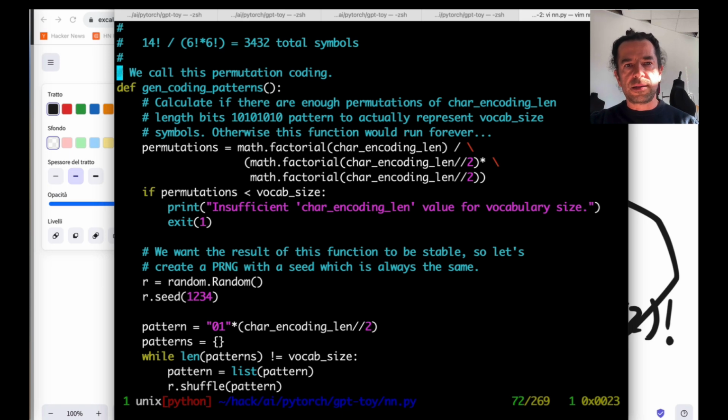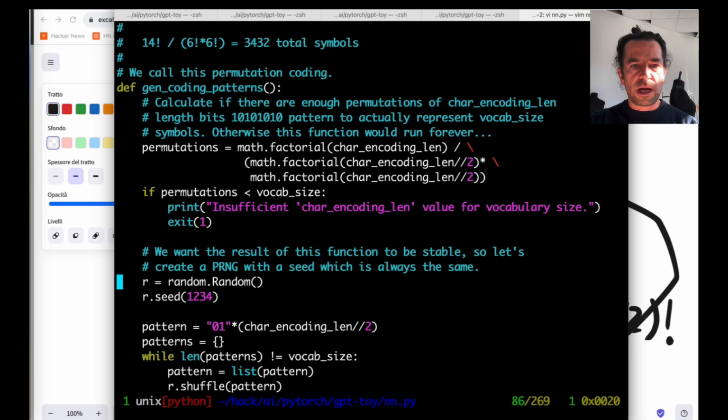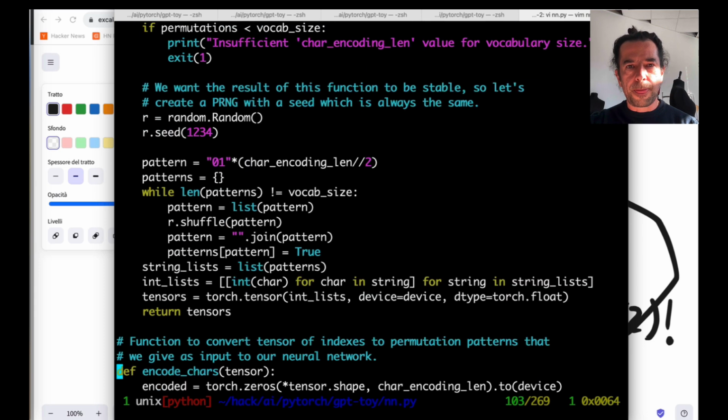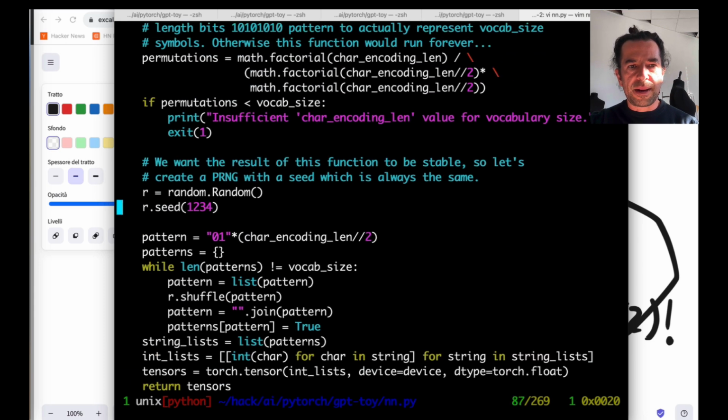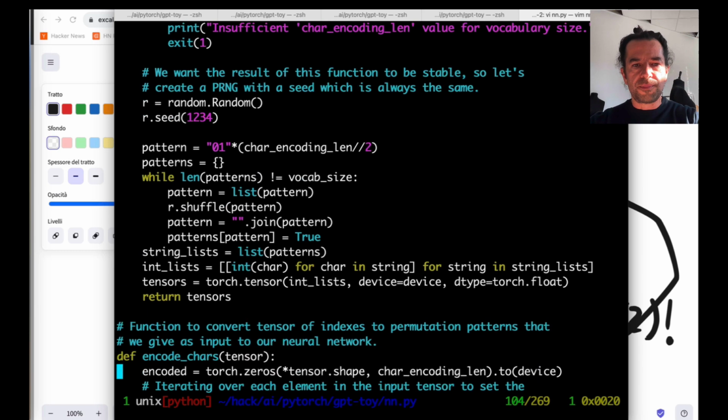Gen coding pattern is the function that I wrote to do that, and we just create the first pattern of zeros and ones. Char encoding length is the number of inputs that we use for every character. Then I generate random permutations of this one and check if they already exist until I have all the permutations that I want.